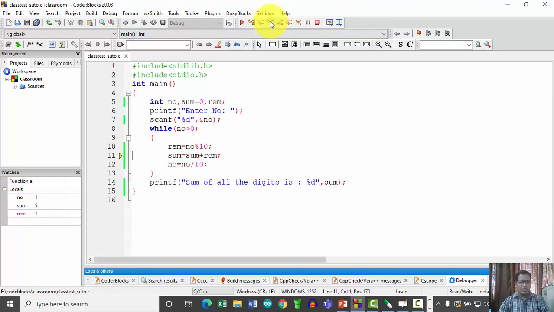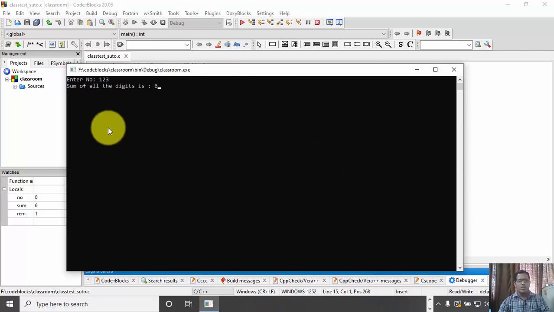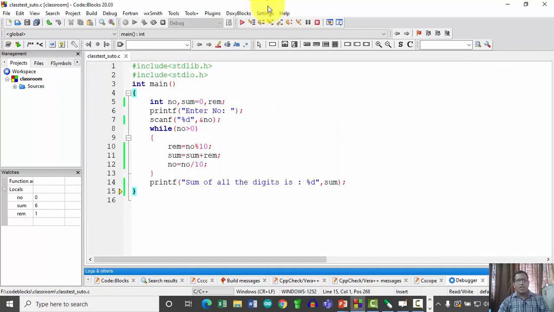Now move into the third iteration. The remainder value 1 is added to the previous result, that is 5, making 6, and now the number value is 0. Now it will check whether 0 is greater than 0, no, and directly the sum of all the digits is displayed on the output screen, that is, the sum of all the digits is 6. So in this way we perform this digit separation logic and addition, these two logics, iteratively or repetitively using this while loop.